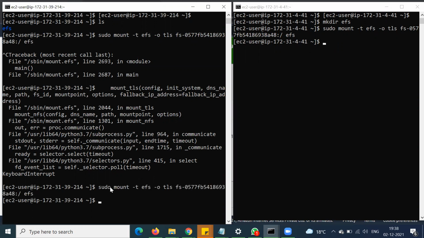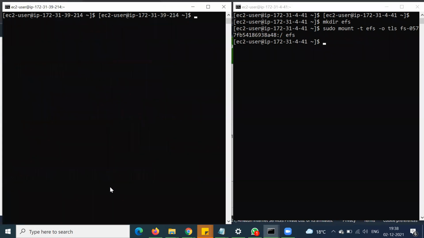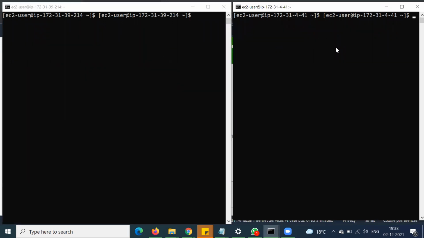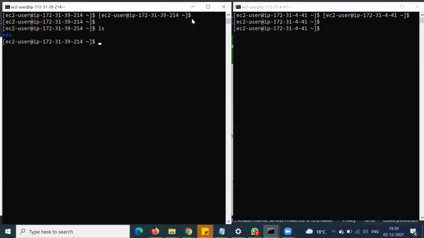So run the same command on our other server. This. So change to this directory, the efs directory, and here we are not able to find anything.